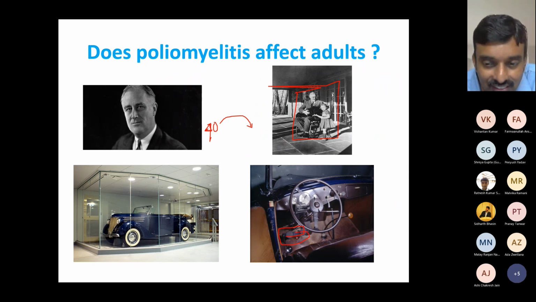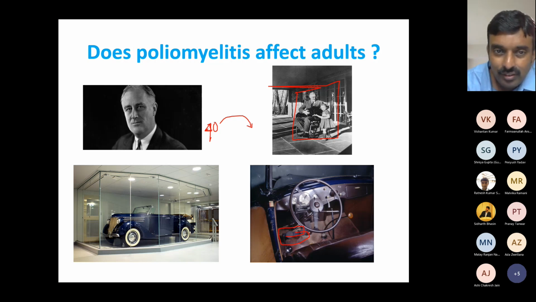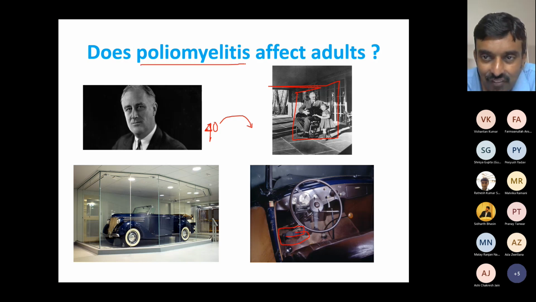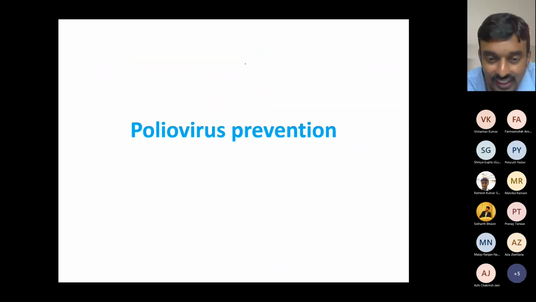So everything, the brake, the clutch, the gear, everything is controlled by hand, made by Ford for him as the president of America. Because his leg was paralyzed, everything he controlled with a hand. He drove a car completely with hand controls, including the brake and the clutch. So poliomyelitis can affect adults if they have not been exposed to poliovirus as a child. It could still infect adults of any age.